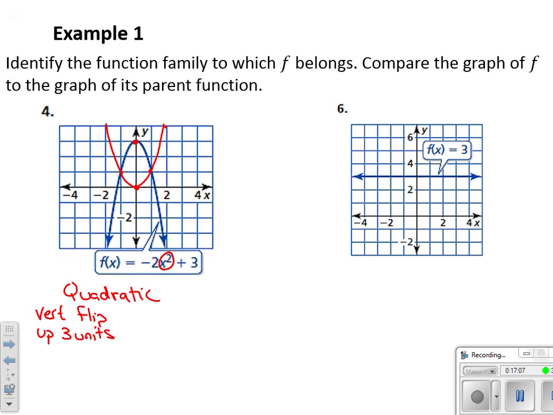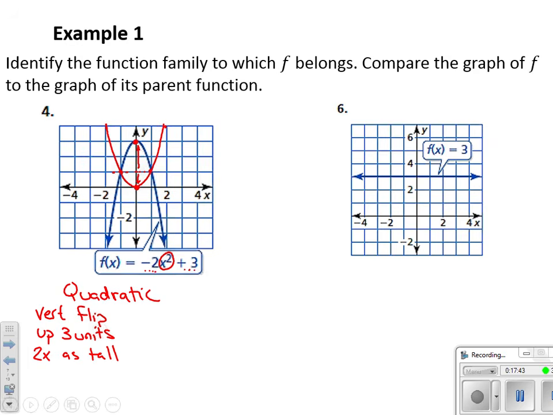All right. And then secondly, I noticed how where these join, it is 2 units to get to the bendiest point, the vertex, in our blue function. However, it is only 1 unit in our typical y equals x squared. So it was also stretched vertically. I just call that 2 times as tall. And what we're looking for here is just a general comparison. What are the changes that we notice?